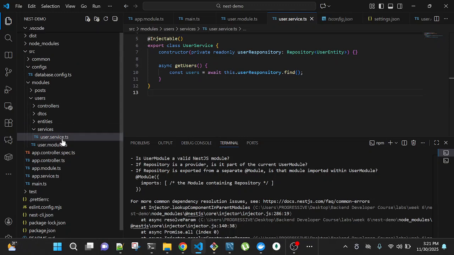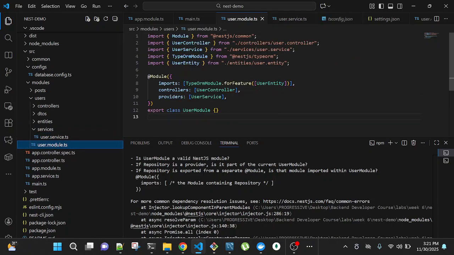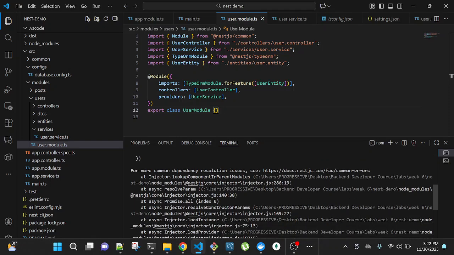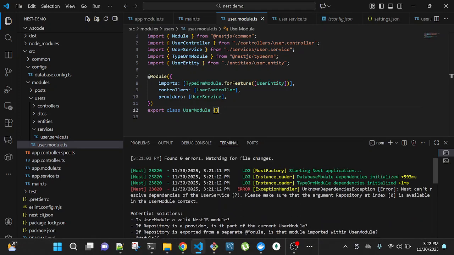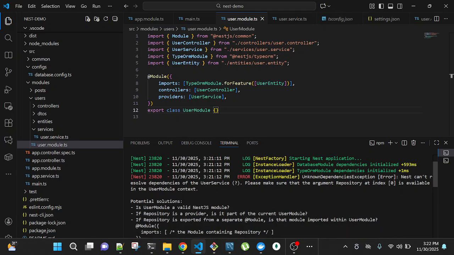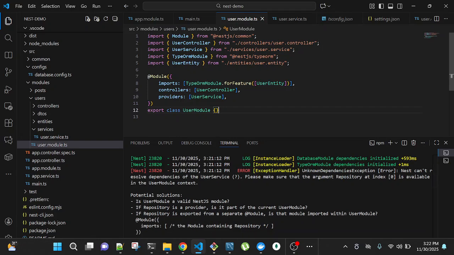If we come back to our user module, I think it's complaining of our user service. So let's look at where the error is pointing to. Nest can't resolve dependencies of user service. Make sure that the argument is available in the module. Okay, we have the import here.